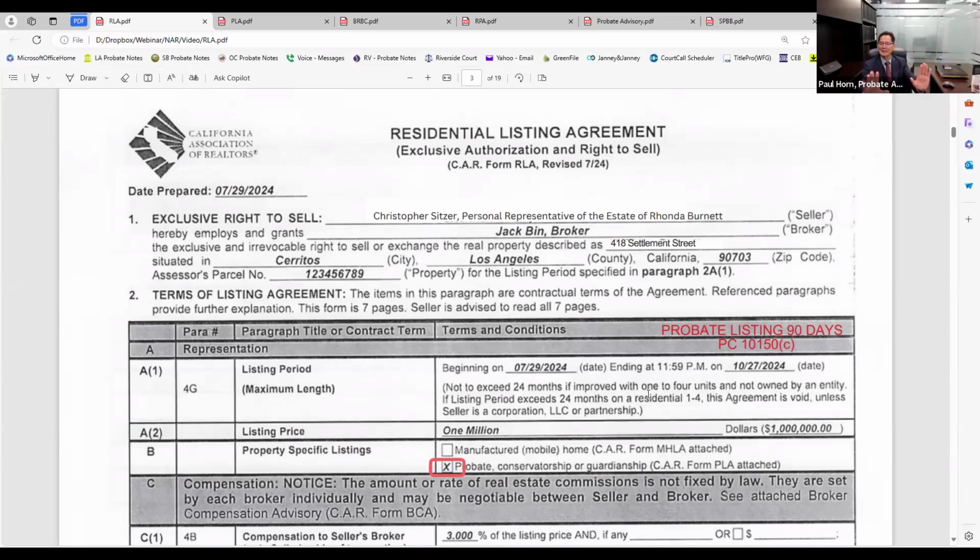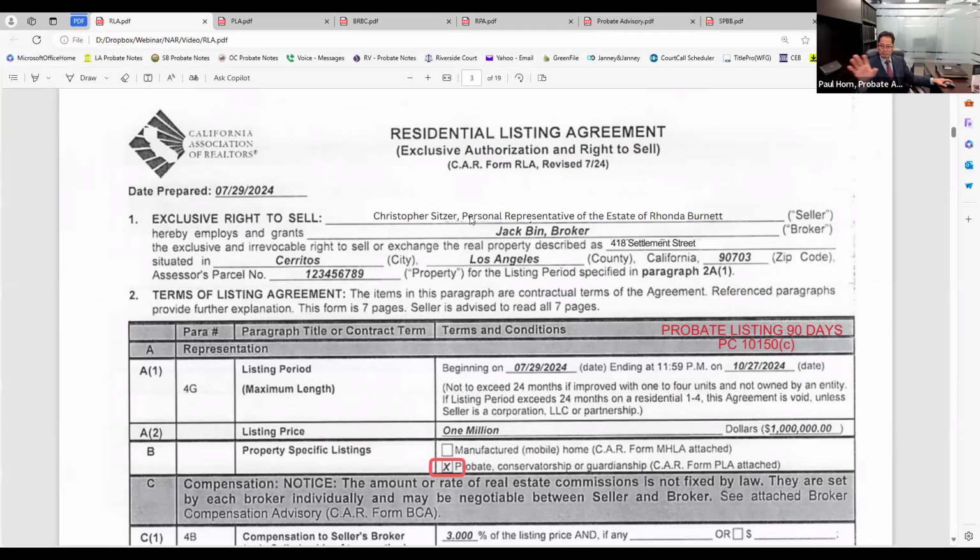But this is how I see the form flowing. If I am the probate attorney and you're handling that particular listing for the personal representative, that's how I would be able to defend it in the probate court so that things are moved smoothly.